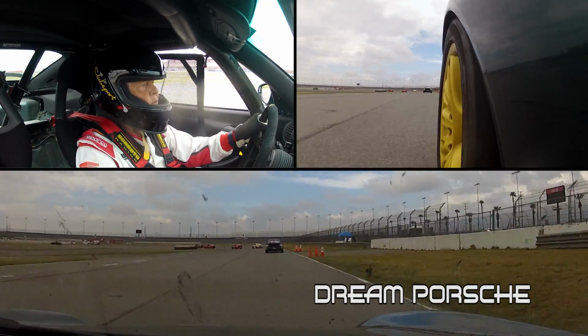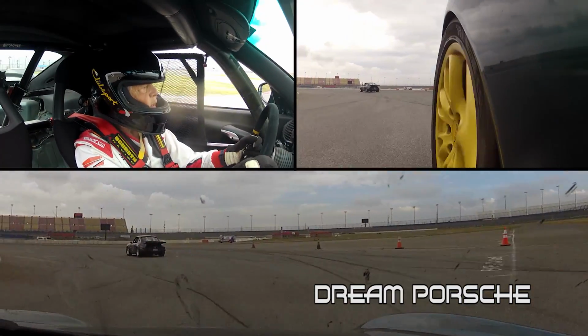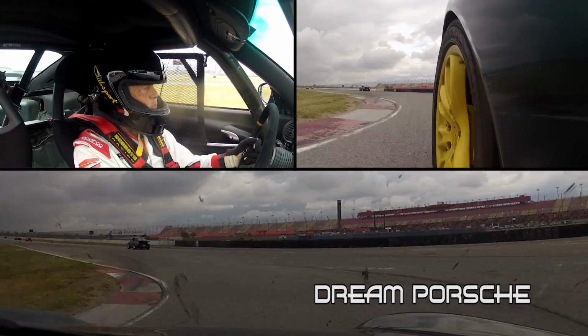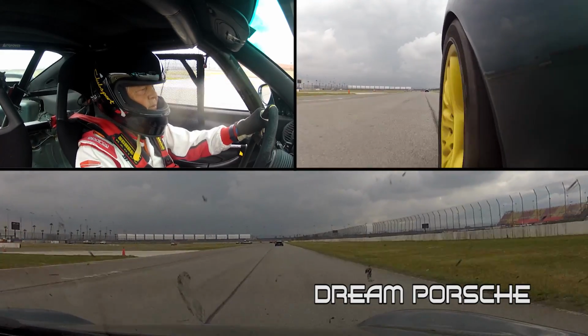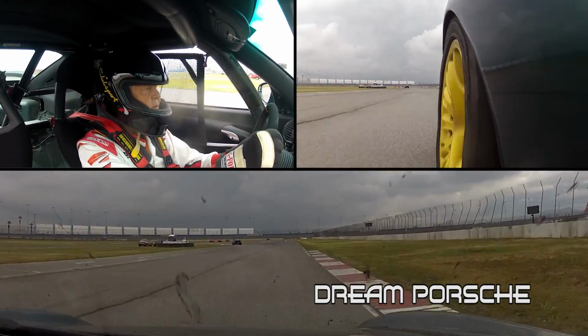Okay, we've just completed the very tight, hard left turn at 30 miles an hour, hard right turn off the High Bank Oval. We're heading down the back straight. We're approaching turn 5 and then 6, and we will go through the short straight, through then the